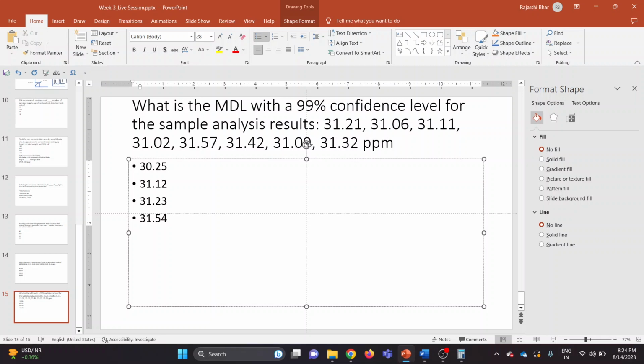Okay, sorry, these are the wrong options for the previous question. And for this, I will also give the formula that we use. MDL is equal to t, where t is the t value for n minus 1, comma,